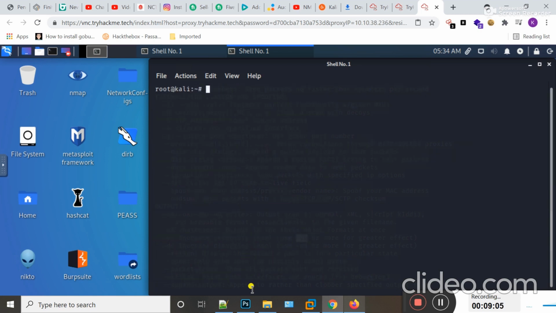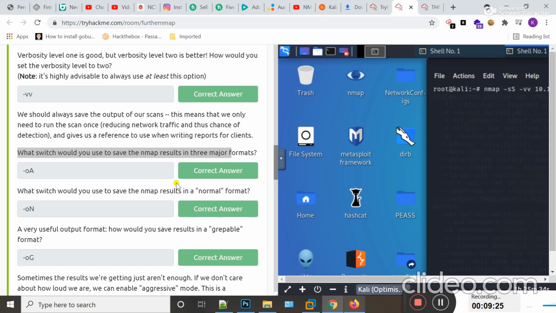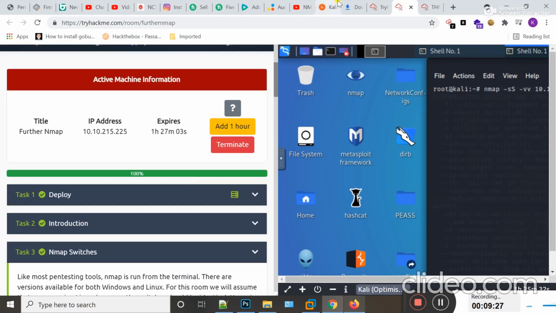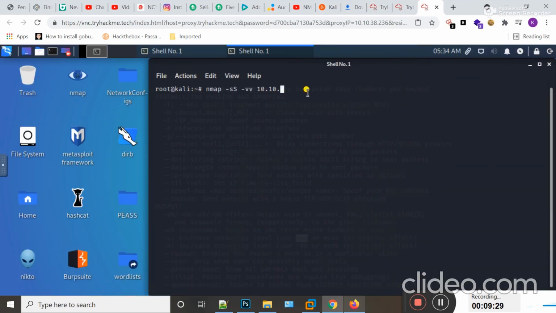Now I type Nmap, stealth scan, -sS, and I also want to show the result in level 2 verbosity, so I will use -vv and then the target, 10.10.215.225.